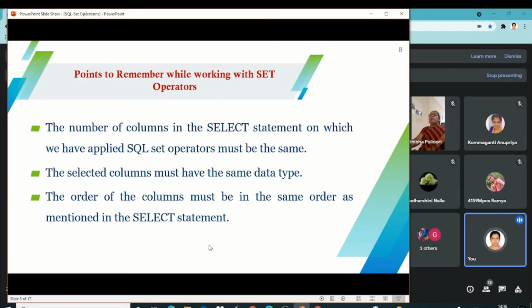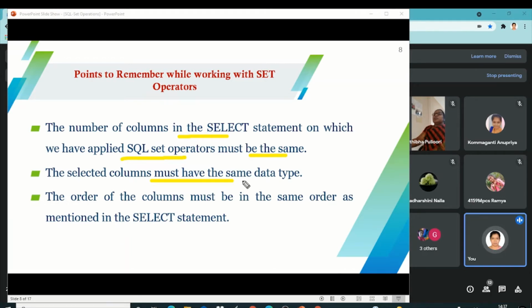When performing set operators, we need to remember these points. The number of columns in the select statements on which we apply the SQL set operator must be the same. When combining two tables, the number of columns must be the same in both tables. Another point is that the selected columns must have the same data type, because we are selecting rows using set operators.